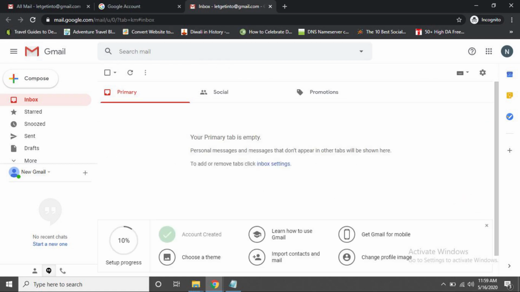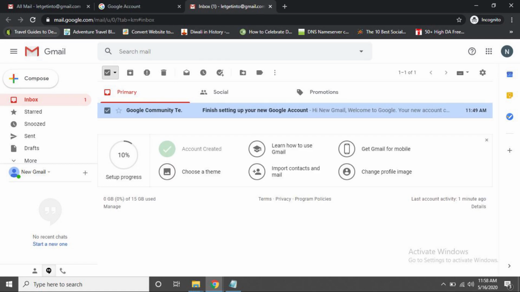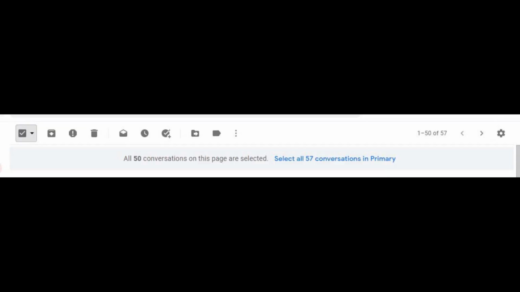Now we'll tell you how to delete multiple and entire emails with one click, just one click. Click the checkbox on the top bar, then deselect the emails you do not want to delete. Then click on the delete sign in the tab bar. Now again your job is done.